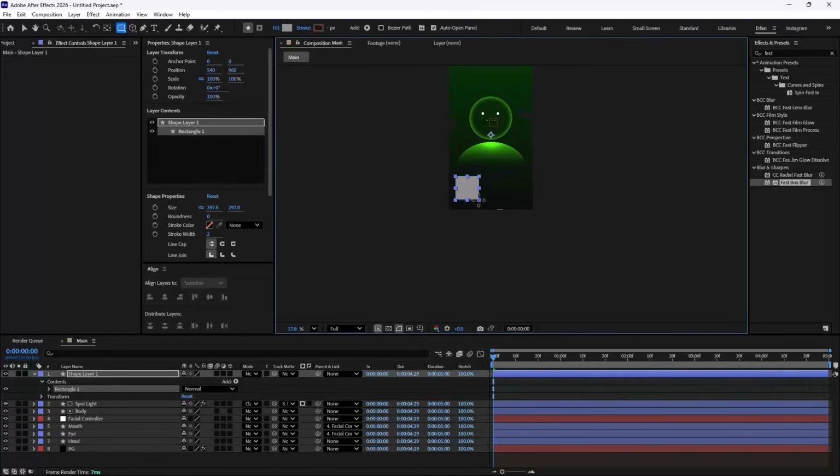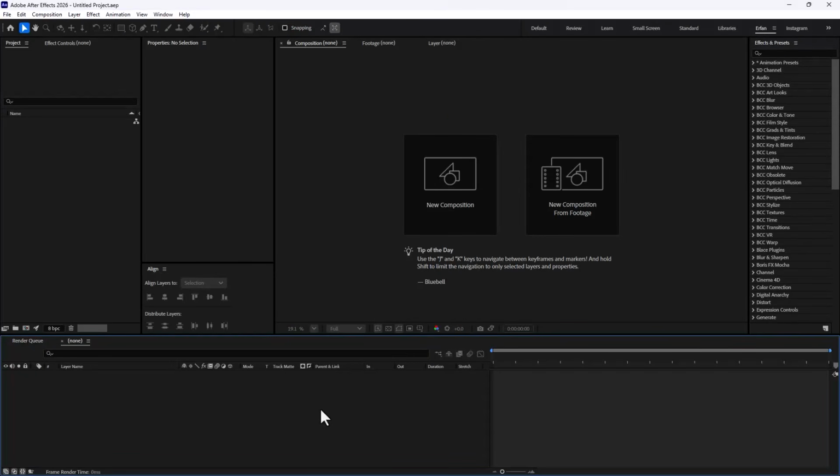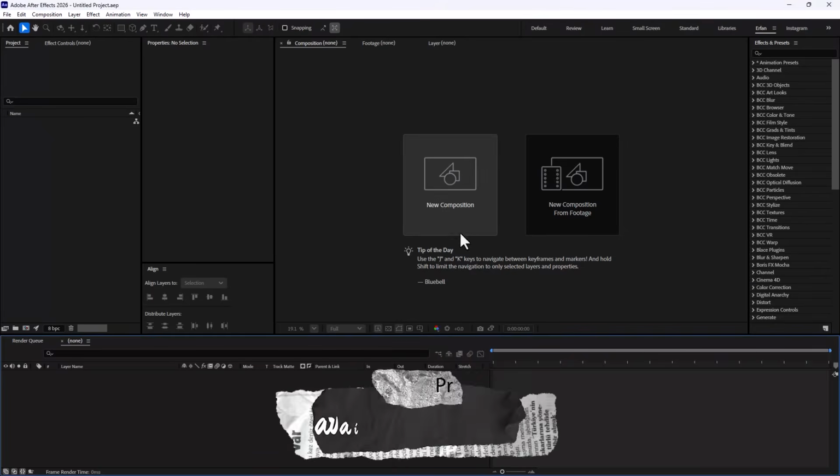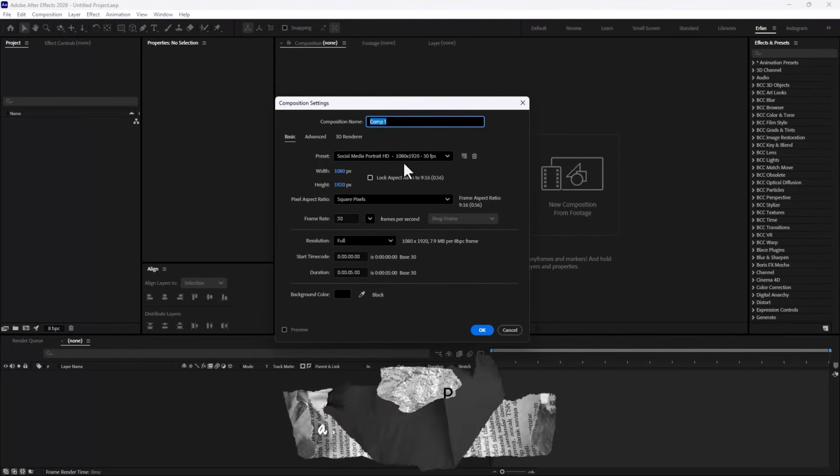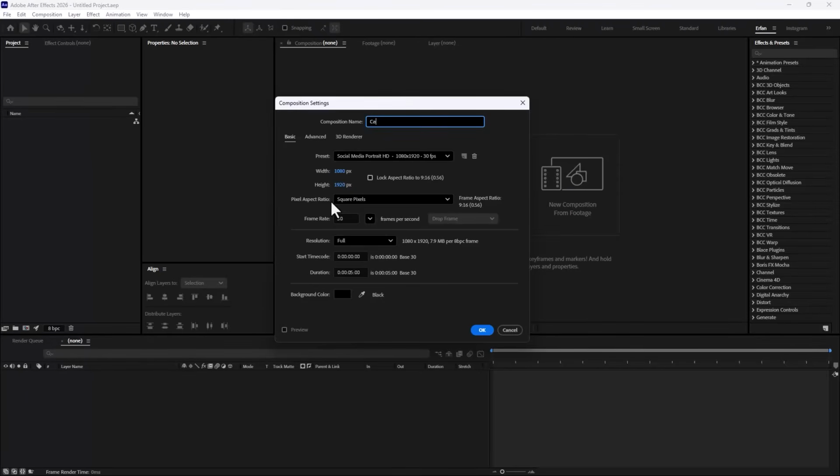Let's get started. So on our first episode, we want to learn how we can create the minimal characters in Adobe After Effects. Well, let's start with making a new composition. I'm going to click on it. The width and height is set to 1080 by 920. The duration is set to 5 seconds, and the frame rate is set to 30 frames per second. I'm going to change the composition name to main, and then let's hit OK.